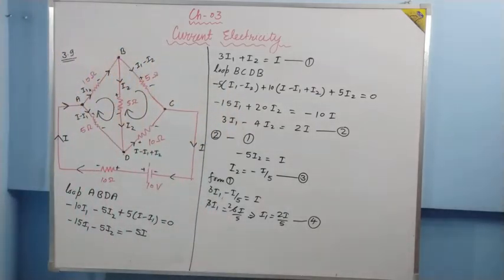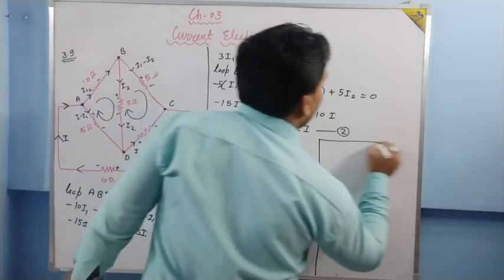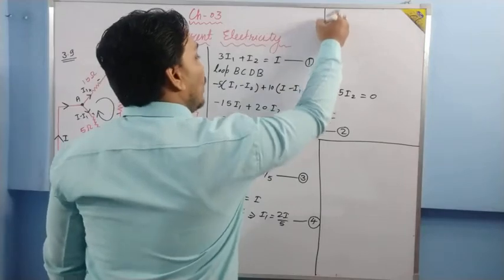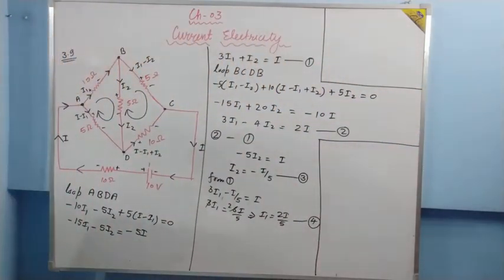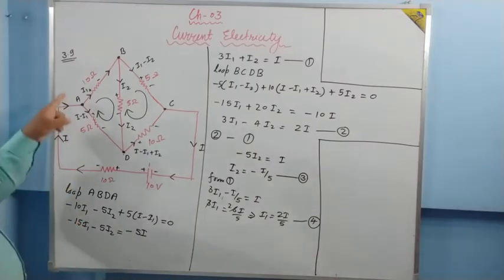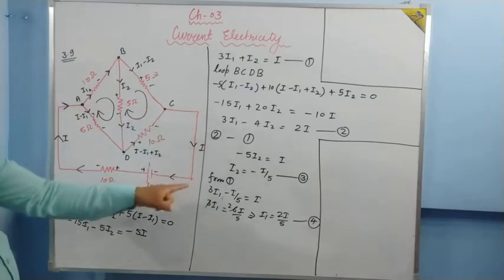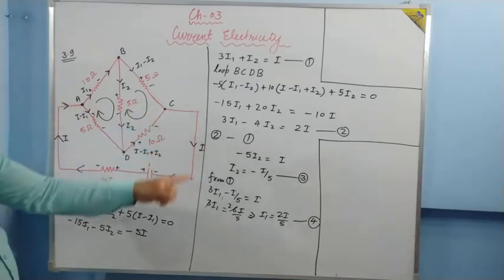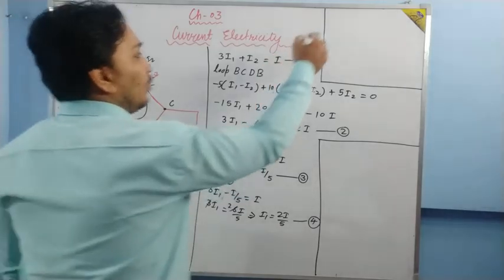Okay. So what are the values we have got? Because no space is there, I have to remove some things. Okay. Or I can solve something over here. Okay. Now what I am going to do? I am going to apply Kirchhoff's law in the bottom one. In the bottom circuit. Okay. In the bottom circuit. Is it clear? So now I am going to apply loop.